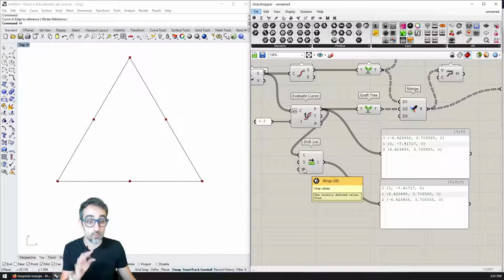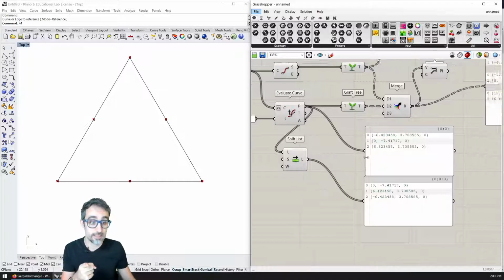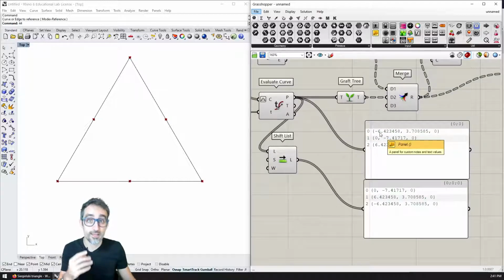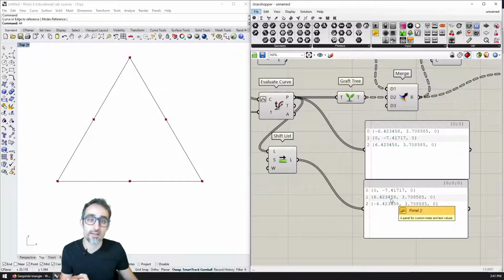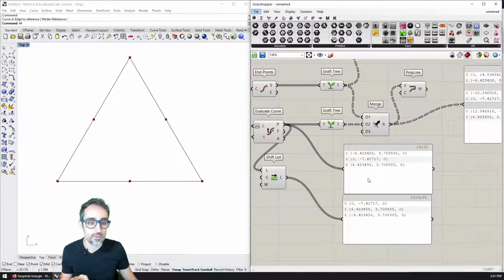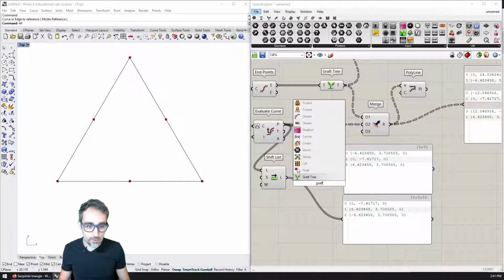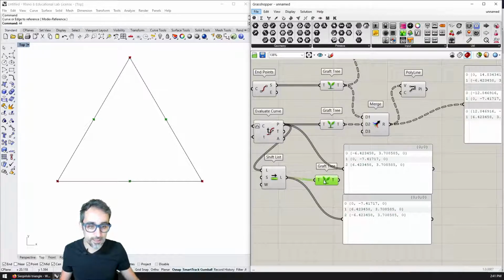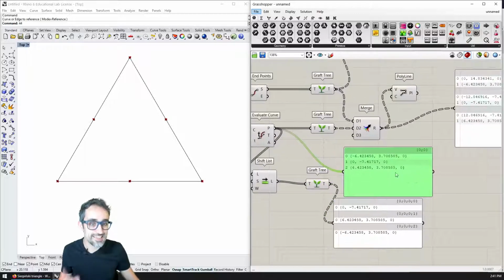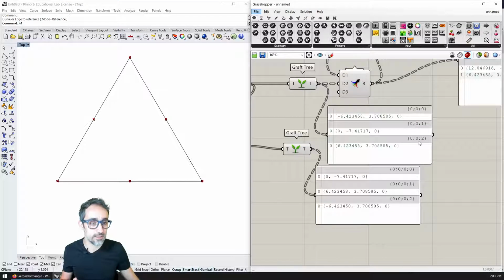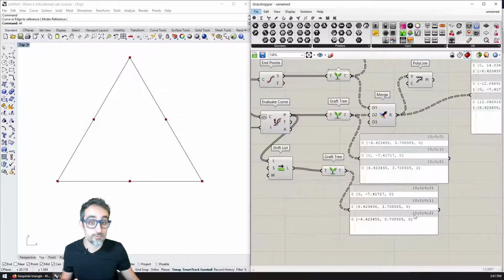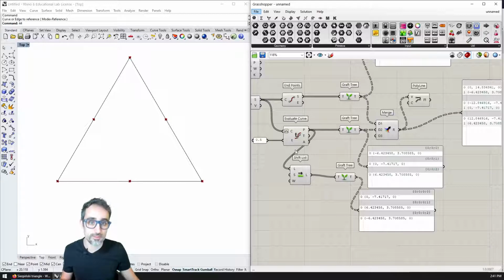You can also see that the wrapping is true, which means that the element that was first, instead of going back to -1 and getting lost, goes back to the end of the list, which is also the behavior that we want. So now I can just graft this tree so that it gets the same structure that all of the other ones have, except that the structure is not identical. This has 3 levels and this one has 4 levels because it comes from an additional processing of the data.